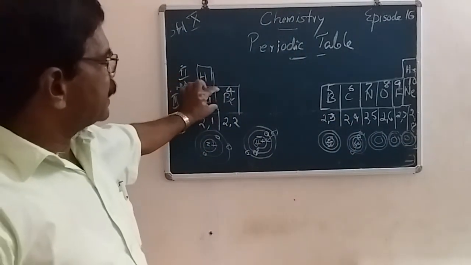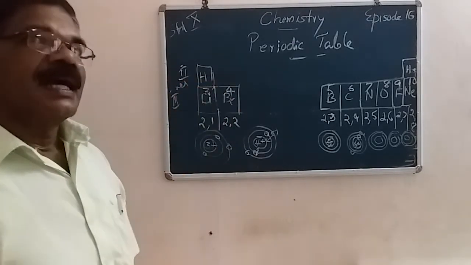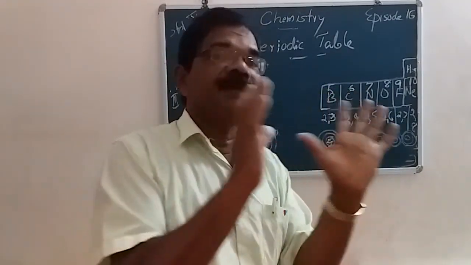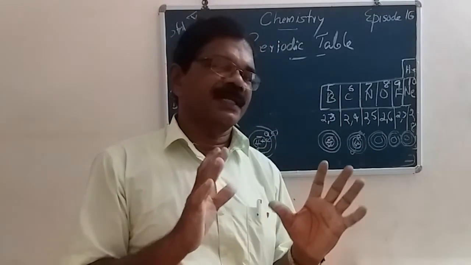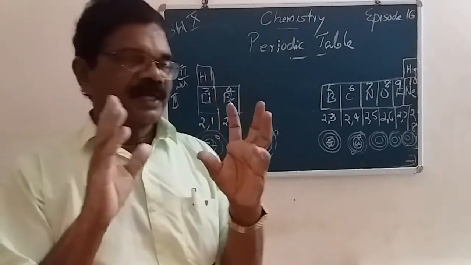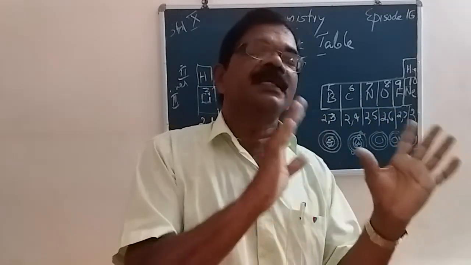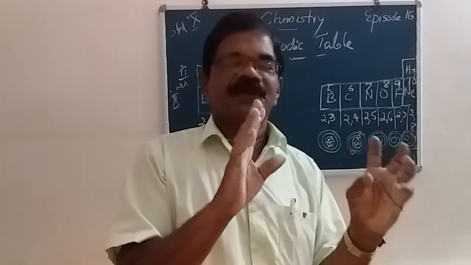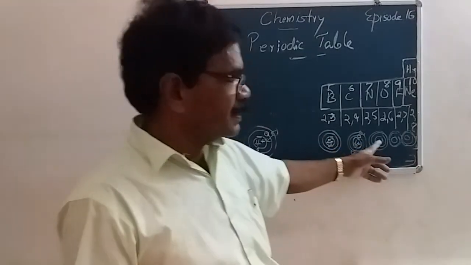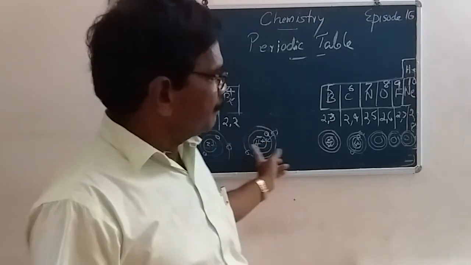In the second period, all the elements have 2 shells. As we imagine, though all the elements have two shells, we expect the same atomic size. Do you know what I say? When we are ordinarily thinking, though all the elements have two shells, perhaps almost all the elements have the same size. Yet that is not happening. In reality, what is happening? Though all the elements have two shells, the size decreases from left to right.